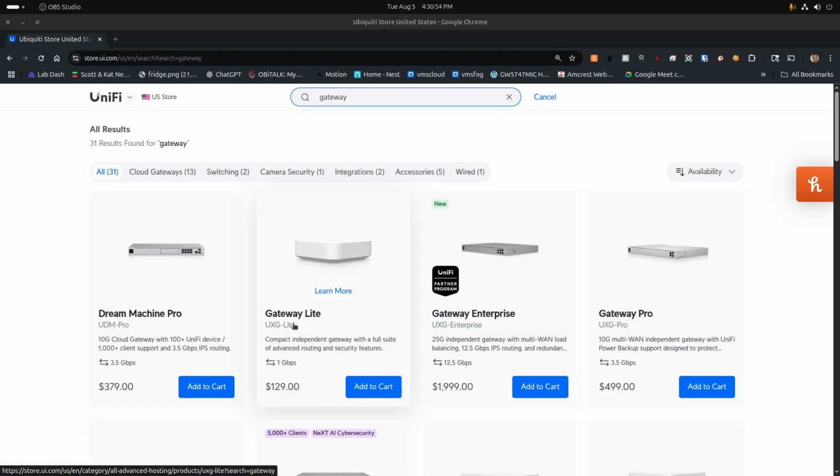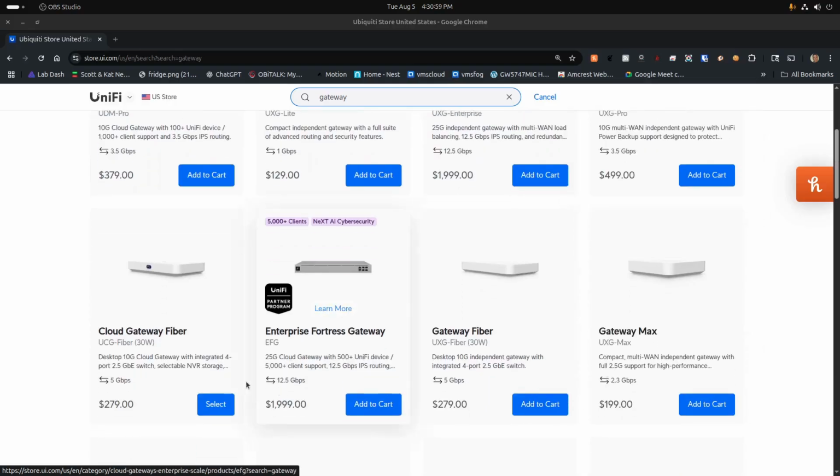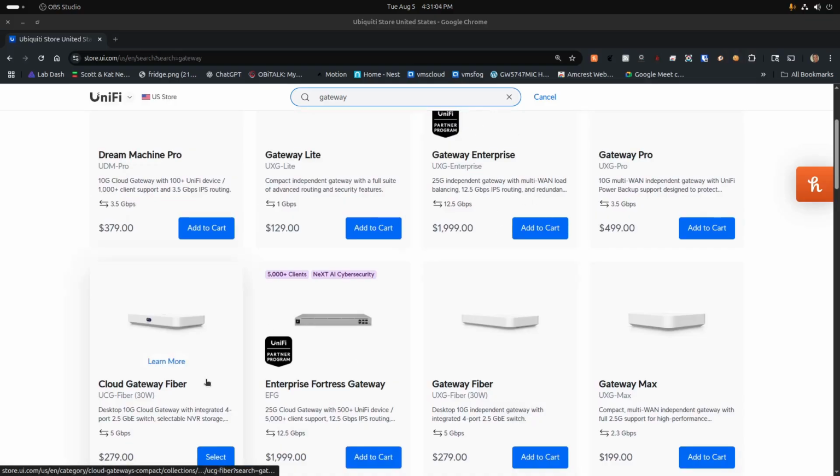But when you see devices like Gateway Lite or Gateway Pro or Cloud Gateway Fiber, notice the difference in that the word cloud is used in the name, whereas Gateway Fiber does not have cloud in the name. So the difference between a device that has cloud in the name basically means that that device is running Unifi OS, and therefore it has the applications like the Unifi Network Controller, potentially things like Unifi Protect and Unifi Talk